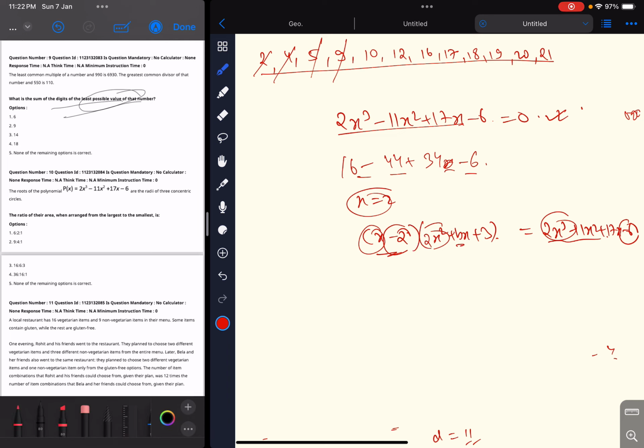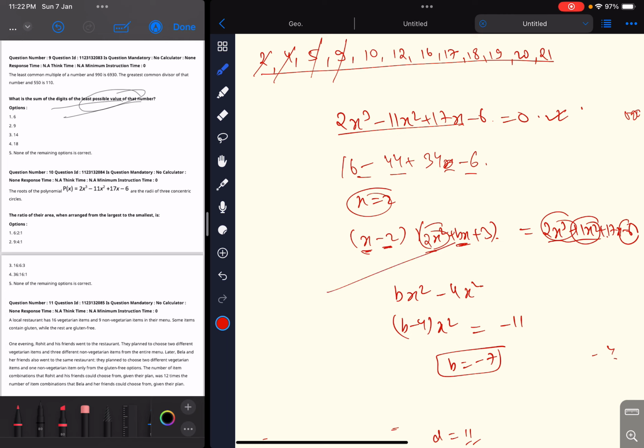Now simply you have to find the value of b. Very easy. We can use any of these two numbers. Let me write it again. X minus 2 it was, no? So x into bx will give us bx square, and minus 2 into 2x square will give us minus 4x square. We can write b minus 4 into x square. And on the RHS for x square we have minus 11, right? So b value will be minus 7.